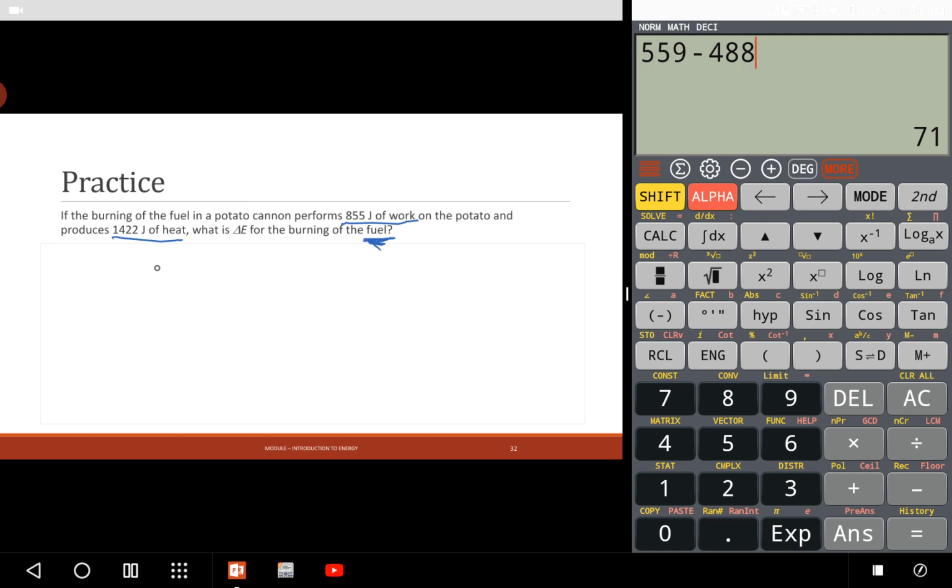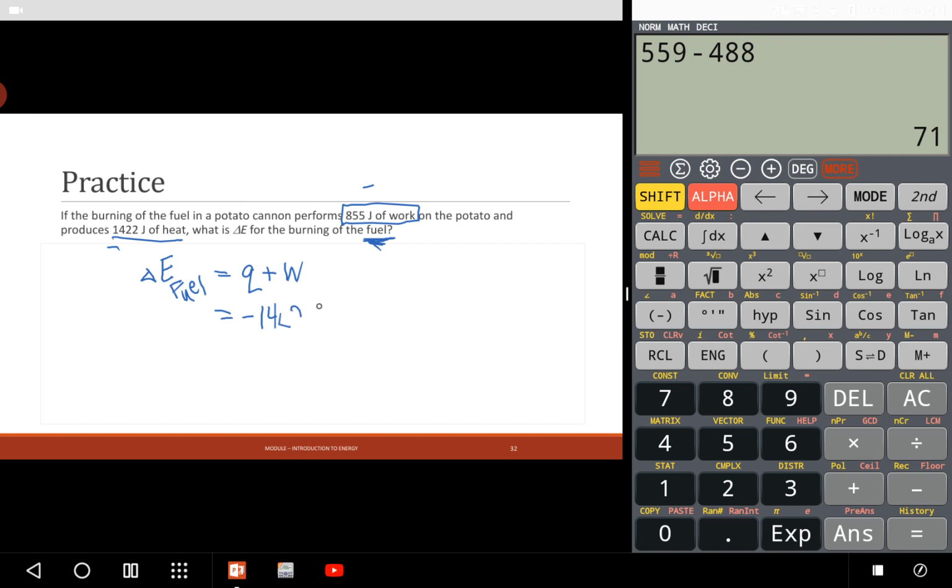All right, the delta E here is going to be for the fuel, because that is the subject of our sentence. The burning of the fuel does this much work, and so that is a negative value for work. It's doing the work. Next, it says it produces this much heat, so it's giving up that much heat. And so we've got our Q plus W. That's going to be negative